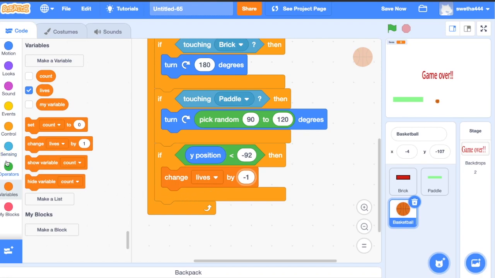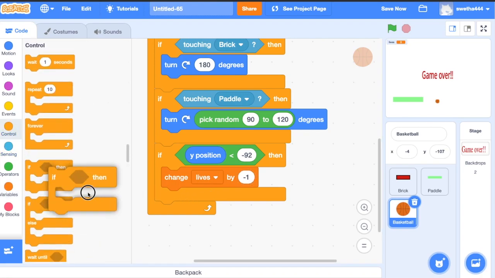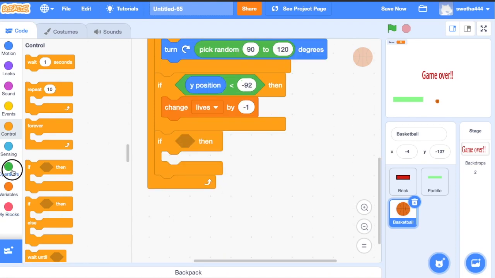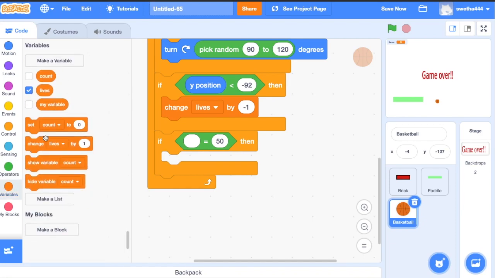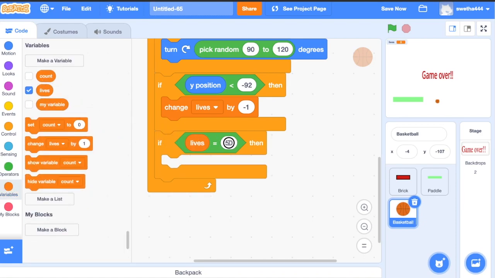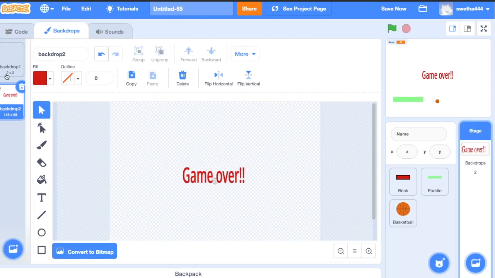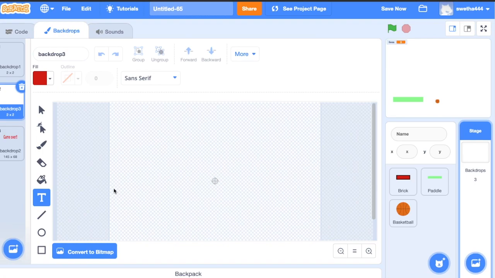Next, click on controls, drag the if condition, click on operators, drag equal to, and variables: if lives equal to 0, what happens? If lives equal to 0, then okay, we create one more backdrop. You lost.